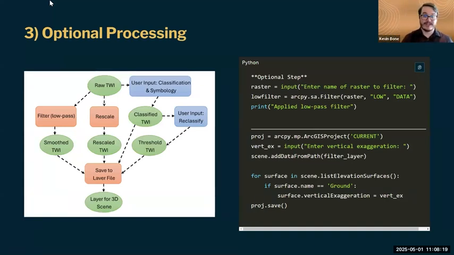So in step 3, all the steps are optional, which makes this diagram here kind of tricky to draw. Every output can then be fed back as input to another process or skipped entirely. The intent is really to be able to use the results however you want, whether that's further data analysis or just visualizing the results. The raw results can have kind of a lot of inherent noise present, especially when using high resolution data. So one option is to apply a low pass filter to kind of smooth out the results